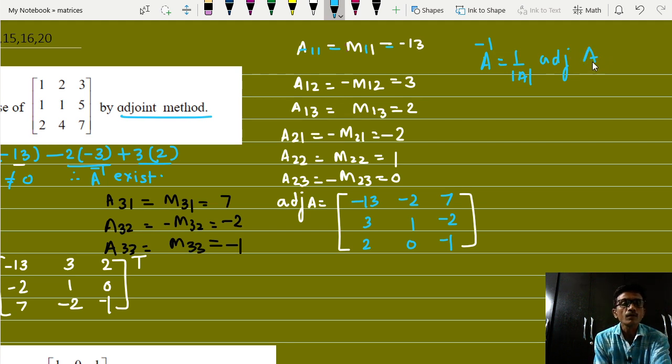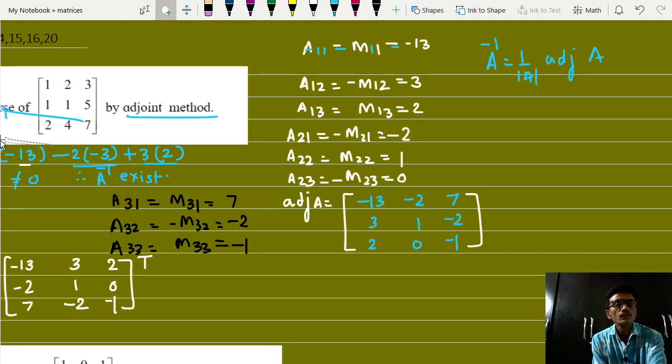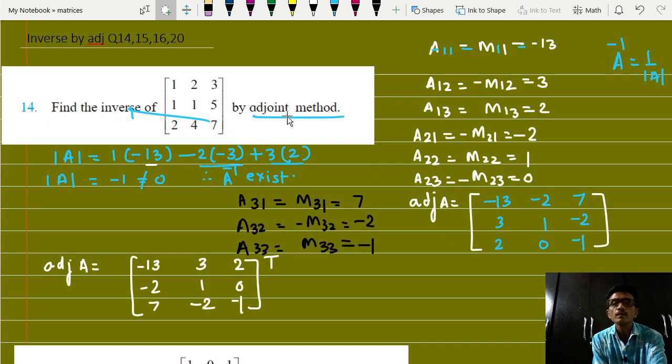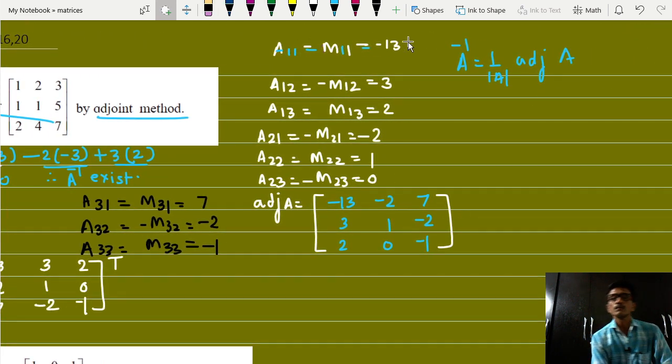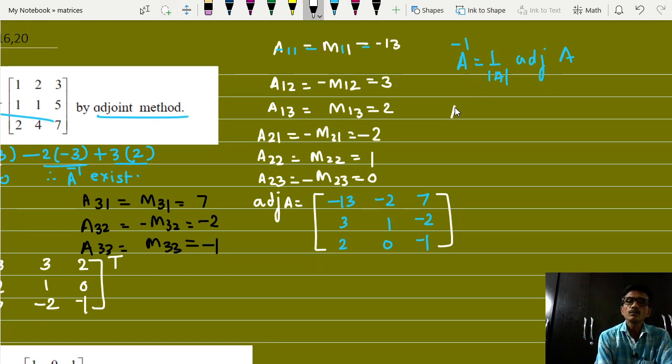What is our determinant of A? Determinant of A is equal to what? Here determinant of A is equal to minus 1 है, determinant of A is minus 1, therefore A inverse is equal to 1 upon minus 1, and what is the adjoint? ये है adjoint is 13 minus 2 7, 3 1 minus 2 है,